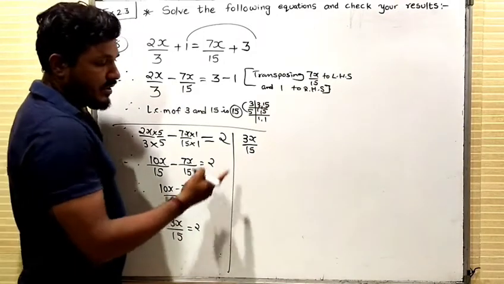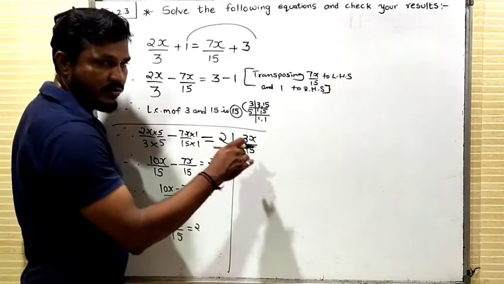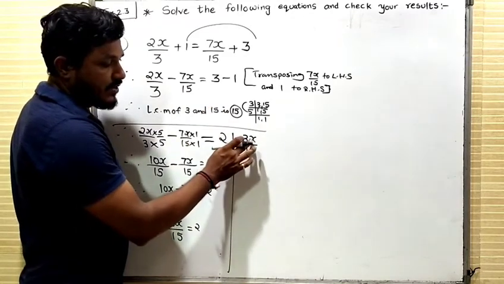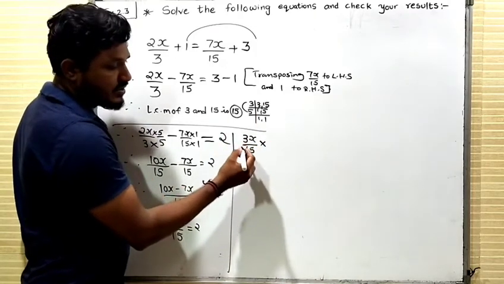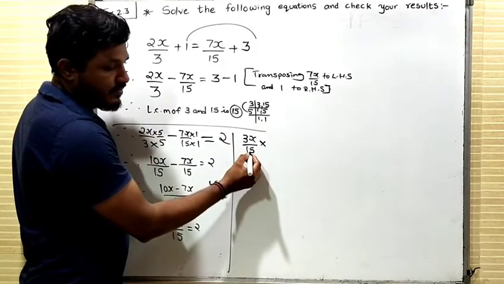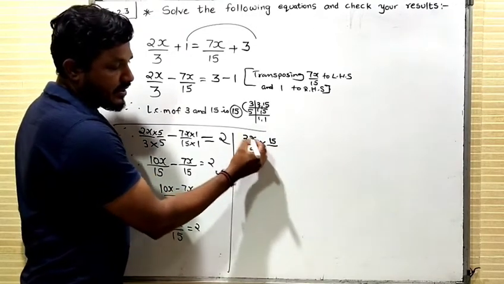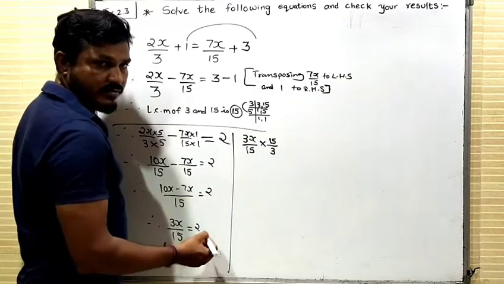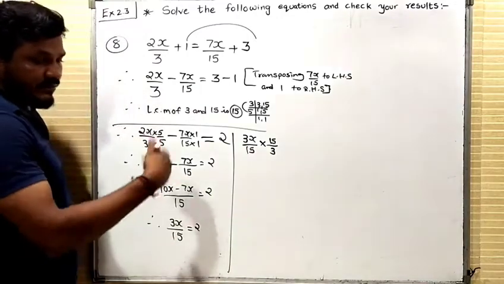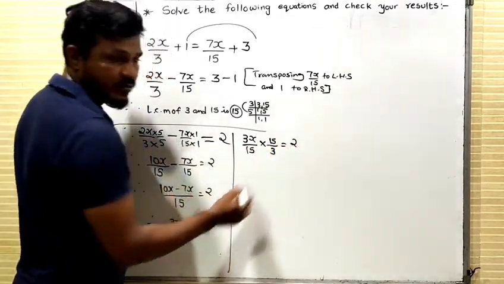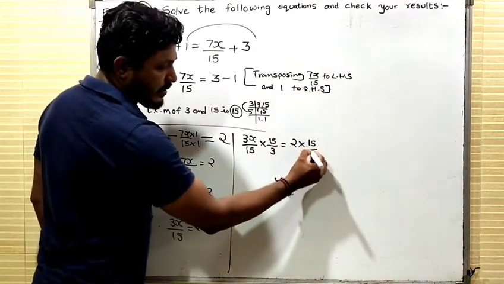Now as I told you, if any number with x is in multiple form, the same value you have to divide. If any value is in division form, the same value you have to multiply. So what I will do first, 15 is in division form, so I will multiply that value first, and 3 is in multiple form, I will divide that value by 3. Whatever value I have taken toward my left hand side, same value first write down over here, and the same value you have to take toward your right also, that is 15 by 3.